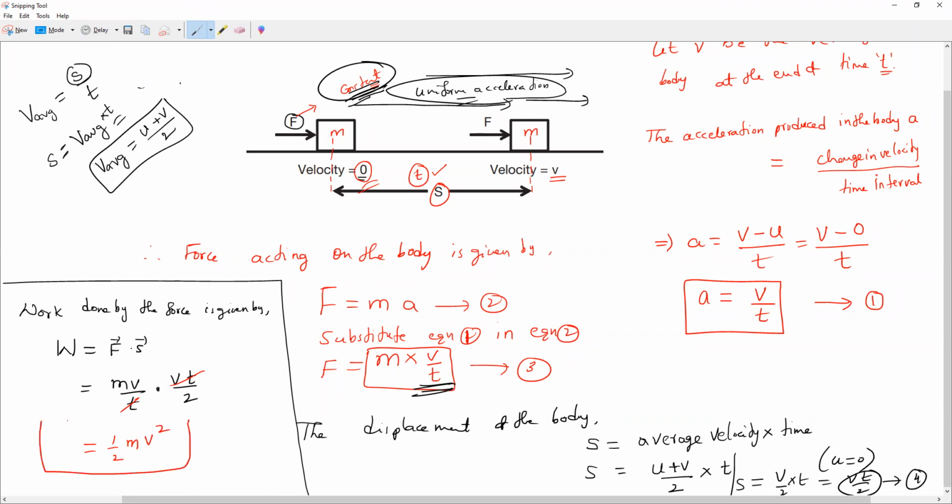Into m into v is what? V square. So the total work done on the body is how much? Half mv square, or you can say mv square by 2. Now here you should write it: the kinetic energy can be expressed as the amount of work done by the body before coming to rest. Am I right or wrong? Yes or no? So work done is equals to